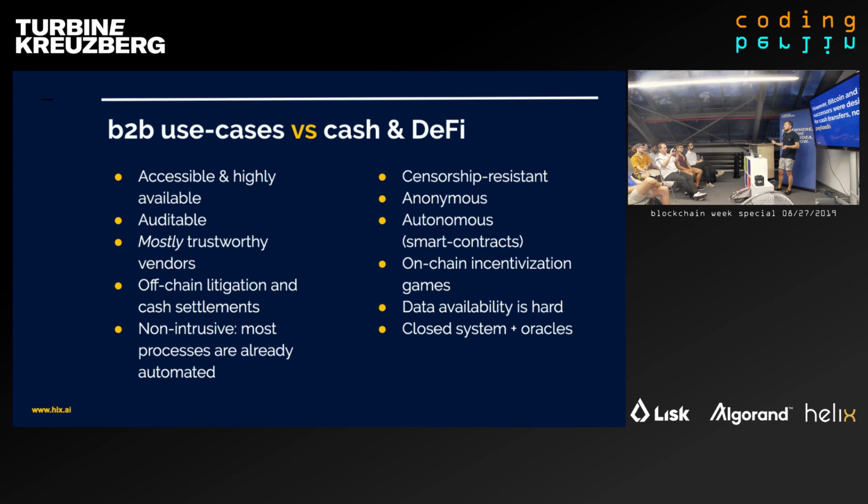But what is valued here is that you're accessible and highly available, meaning that you can access this network even within different data silos in the different regions. It is auditable, so you can actually show your audit trails and all your data to the regulators and to your business partners. You can assume that the vendors who typically will run the full node are mostly